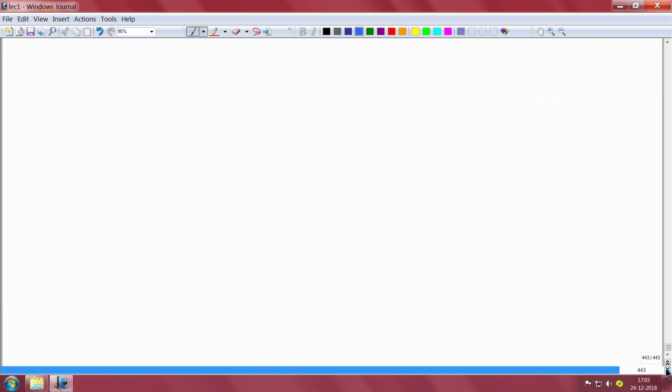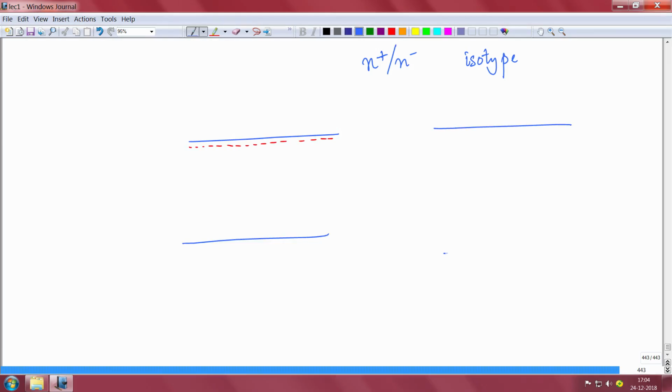A few years back there was a question on GATE, I think there was an N plus N minus junction. These are called isotype junction, homo junction, isotype junction, because they are of the same type. So you have, for example, a very highly doped N plus, so the Fermi level is very close here, and then you have, suppose, another same silicon, same material, so same band gap, for example, but your Fermi level is little below, because it is lightly doped. If you join them, what will happen? If you join them, essentially the band bending will primarily fall across the lower doped